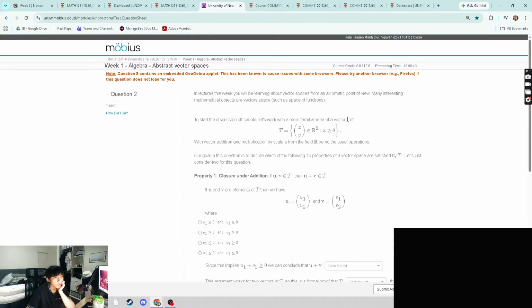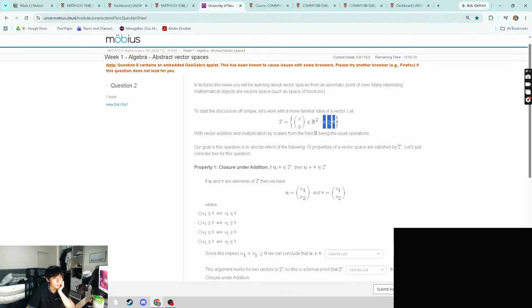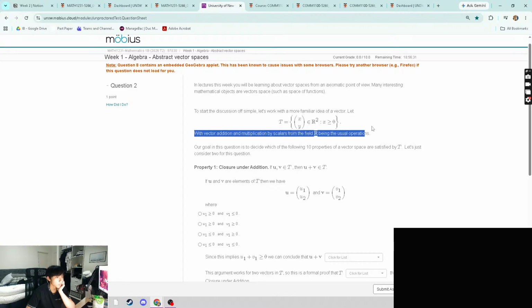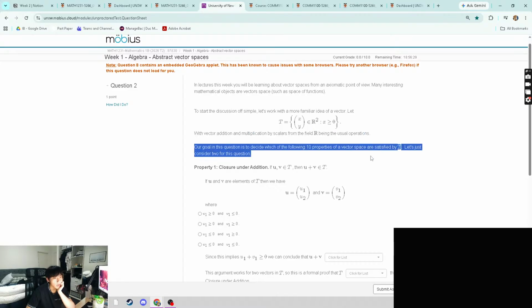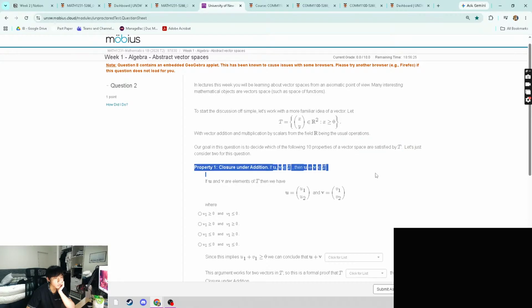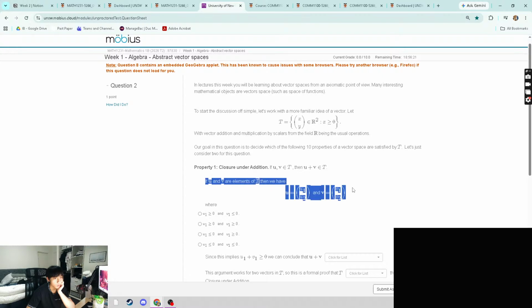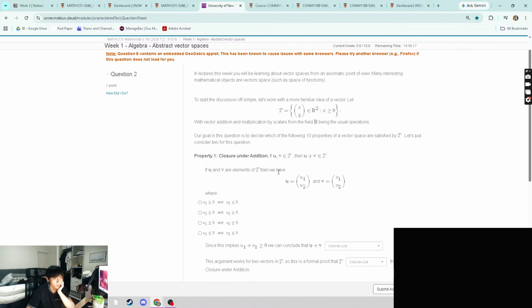Many interesting mathematical objects are vector spaces. Okay, so consider the set T such that x is larger than 0, which means it's on the right hand side of the xy plane. Our goal is to decide which of the following properties of a vector space are satisfied. Let's consider for this question the closed under addition question. If u and v are elements of T,